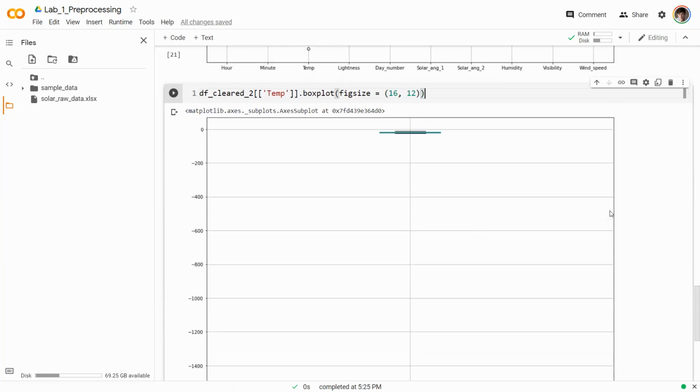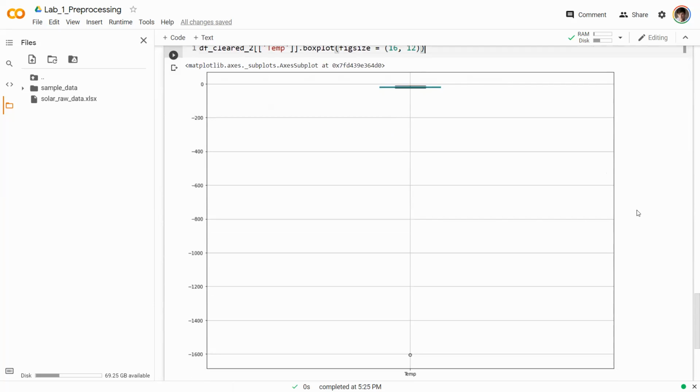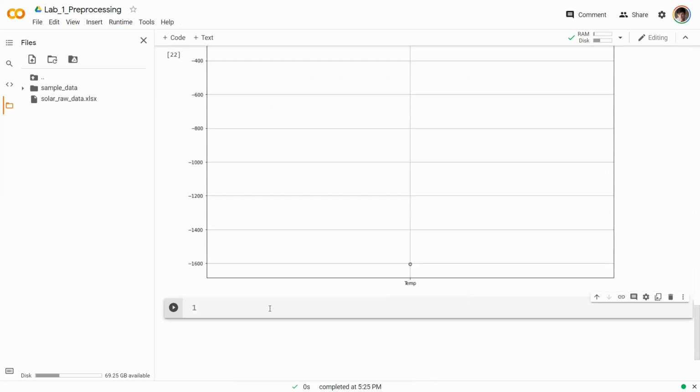Okay, and now it is obvious that this is an incorrect value, and let's remove the found outlier. And now we can create the next version of the cleared dataset,